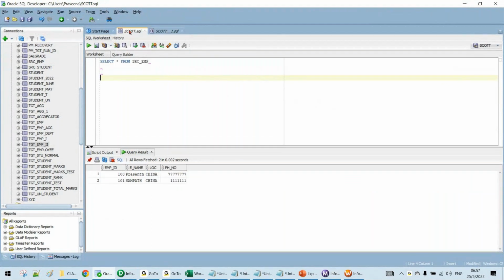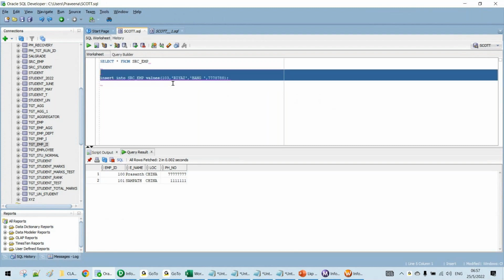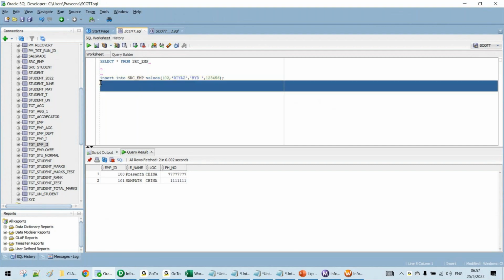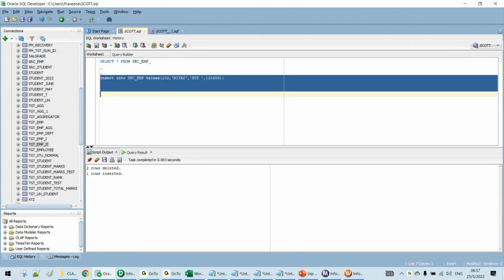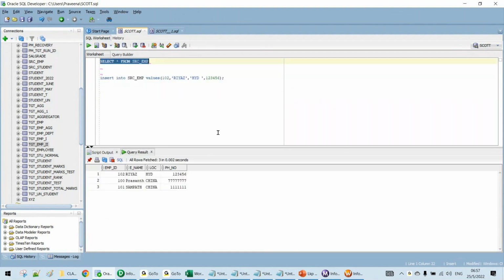Now, just for testing purposes, you can insert one more record here. You can insert one of our student data, maybe 1 or 2. Riaz is joining in Hyderabad location with a phone number. I'm going to insert a new record into my source table. Commit. Right from the source, if you want, you can delete 1 record and you can update, just to test,